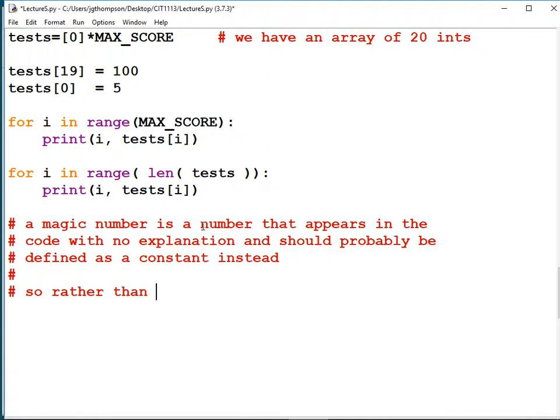So rather than just use 20 all over your code, define a constant named NUM_ or MAX_ or something like that.